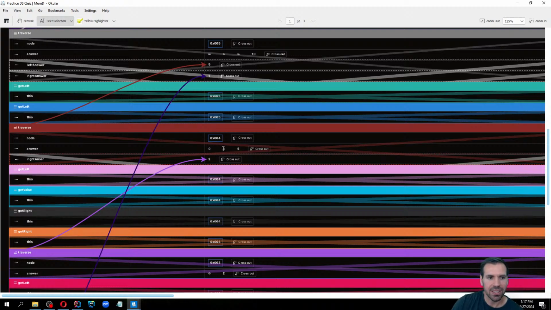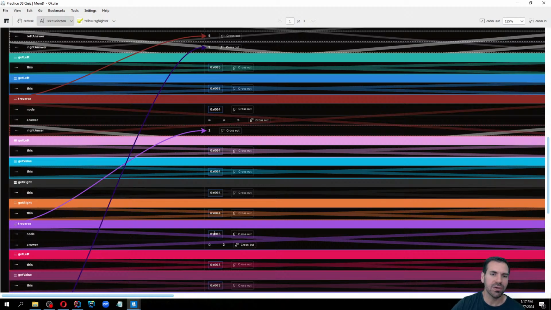So then that's 3. And then we call get right. Get right is going to return something that's not null. And then we call get right again to set up the next traversal call with that node, with the right node, which is OX003. The next call to traversal goes back to the top of the code, sets answer to